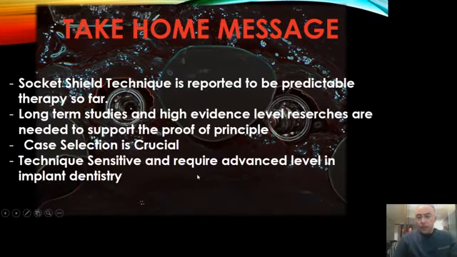So this is about the socket shield. I hope it's a lot of information. I tried to cover the basics, and the literature: what we know, what we don't know. I know everybody in the partial extraction therapy group knows that we have proof of principle about the socket shield. It works in a lot of people's hands. We know that we have a lot of less experienced surgeons attempting to do this,